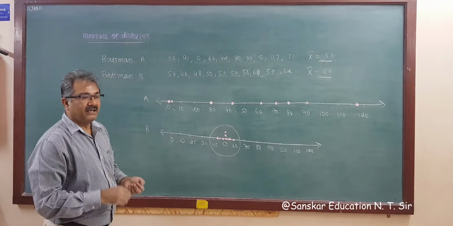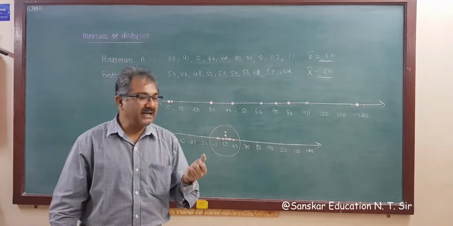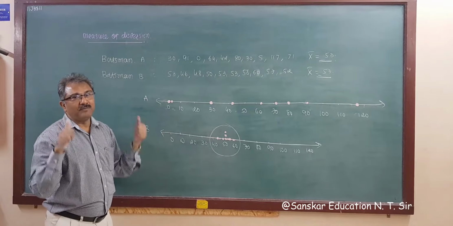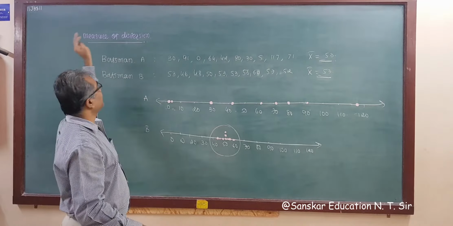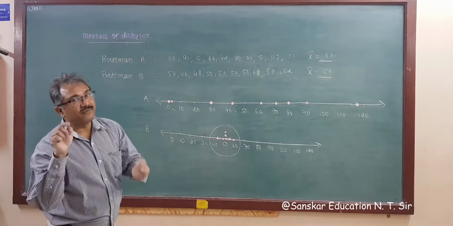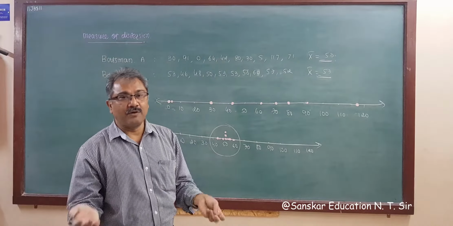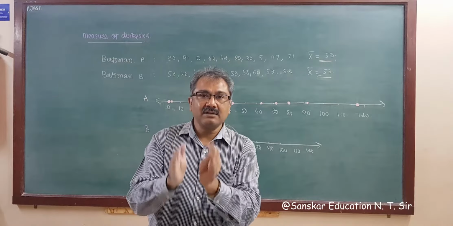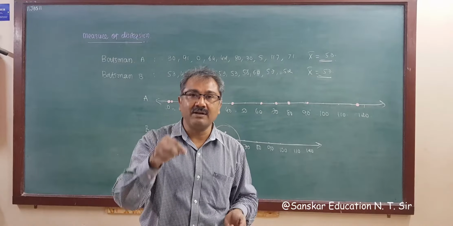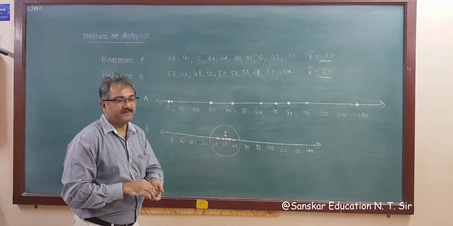So for that, along with the measure of central tendency, we want a single number to describe the variability, and for that we learn an important measure, that is the measure of dispersion, right? So that's why we need another measure from which we get exact information about how data vary from a given fixed point, right? So that's why we need a measure of dispersion.